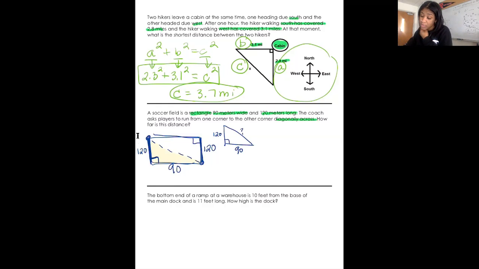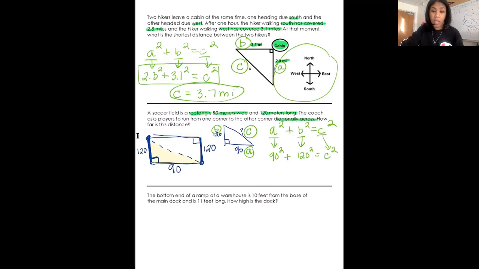Now we're going to do step 2, label A, B, and C. C is the diagonal, the shorter one, the smaller number is A, and the leftover is B. Step 3, formula. A squared plus B squared equals C squared. The value of A is going to be 90, square it, plus the value of B is going to be 120, square it, equals the value of C is unknown, so I'm going to keep it as C, and I'm